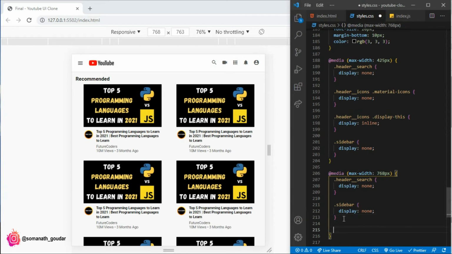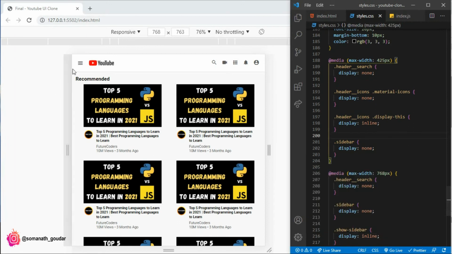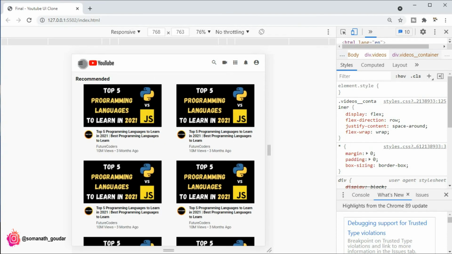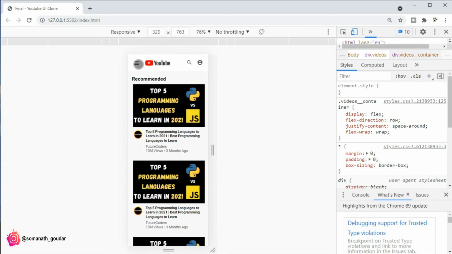So when the show-sidebar is actually over here, I'm gonna say display inline. Let's see if this works now. When I click on this, as you can see, it is displaying the sidebar, right? And it's looking nice. In the mobile screen also, it is looking not nice, right?